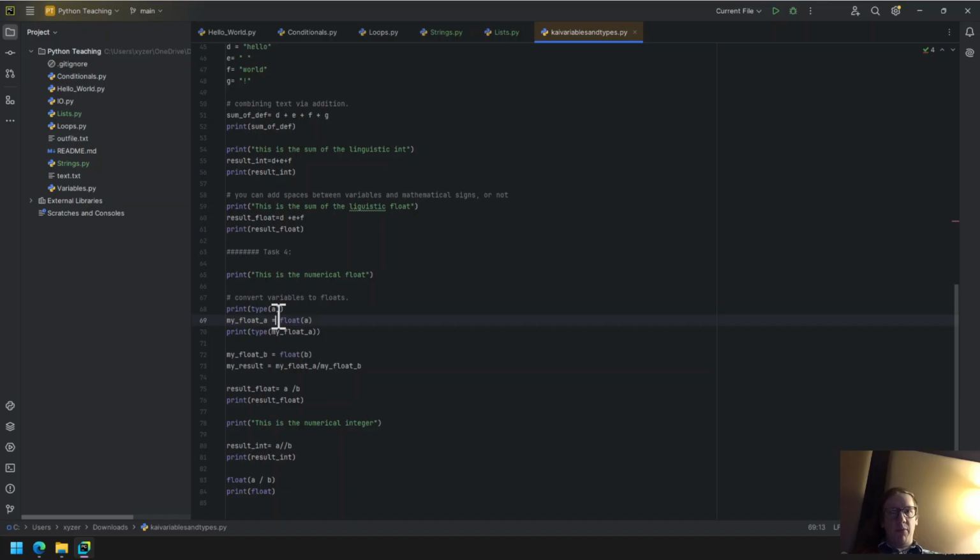So you do this little task to accomplish task 4, and then you'd add a comment here and say, if I try to convert a text variable to a float, the program fails with a type error